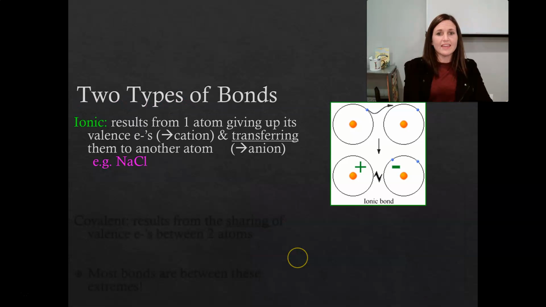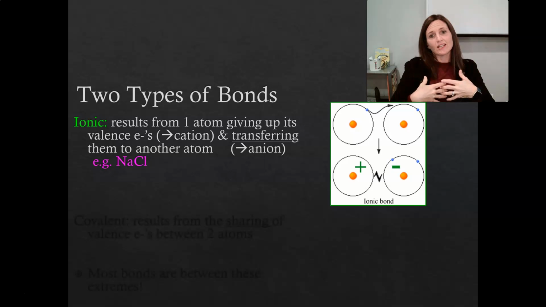Ultimately, there are 2 main types of bonds that can form. The first kind is an ionic bond, and it occurs based on the formation of 2 ions. Remember, the cation is the positive one because cats have paws, and the anion is the negative ion. Once you've gained an electron, you become more negative. And what happens after that, once we have our positive ion and our negative ion, our cation and our anion,